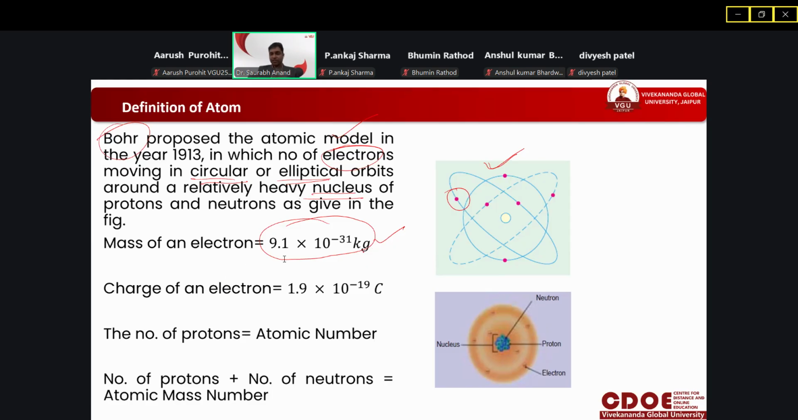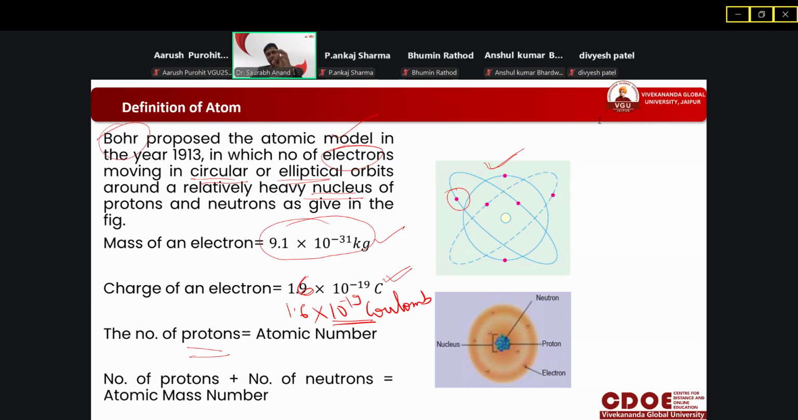And whenever we talk about electrons, we understood that it carries some charge. So what is the value of the charge? It is actually 1.6, not 1.9. So 1.6 into 10 to the power minus 19 coulomb is the charge of one electron. Got it? So these were the values proposed by Bohr, and what he saw, that the number of protons,